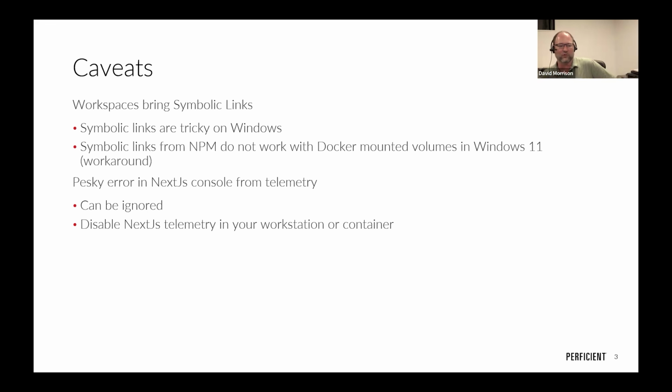Once everybody tries Workspaces for the first time, there is an annoying error in Next.js. It took me half a day, but I finally found out you can safely ignore the error. There's a Next.js telemetry module that starts up for your workstation and your container every time you start up, and some function it uses deep down does not work on Workspaces. It's unfortunate, but there are workarounds, and you can figure out ways to silence that error. That always pops up as the first question when you try it.